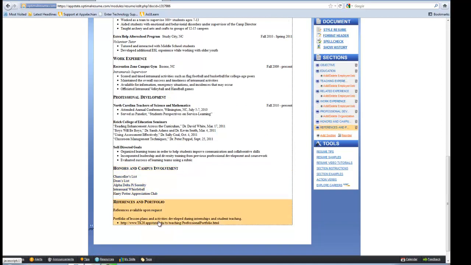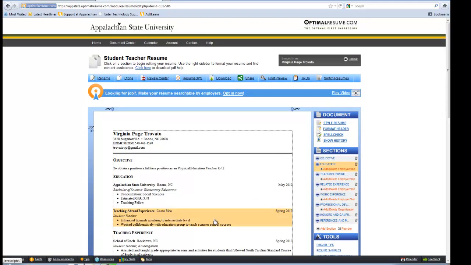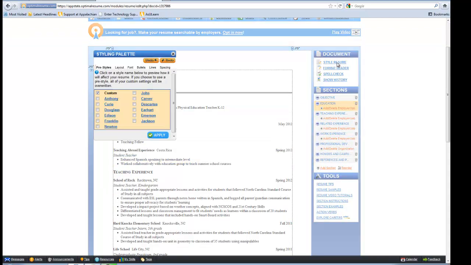The last section is references and portfolio. This can be important if you want to display your portfolio information on your resume. However, it's assumed that you will provide references for teaching jobs, so if you don't have room, you can leave this section off. After you've filled in the information on your resume, look at the styling palette